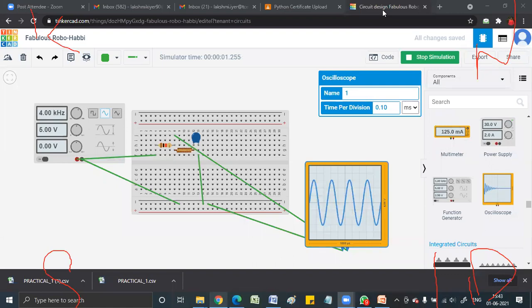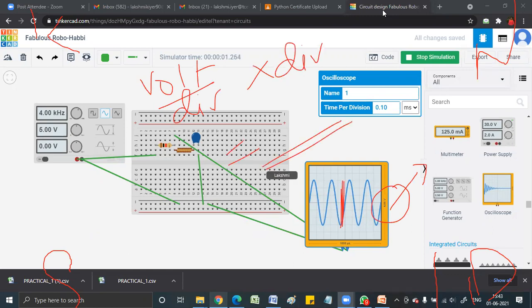Is this clear? Are you able to read it? First you take the reading of per division. From here take per division, then multiply by the number of divisions. So first find volts per division, then multiply it by the number of divisions so that you get the answer in volts. Right? So this is how you measure. You have to fill up the observation table, and then based on that you have to calculate the resonant frequency. Is this clear? You already know the resonant frequency is 2548 hertz. So this is how you perform and use a function generator and oscilloscope on Tinkercad.